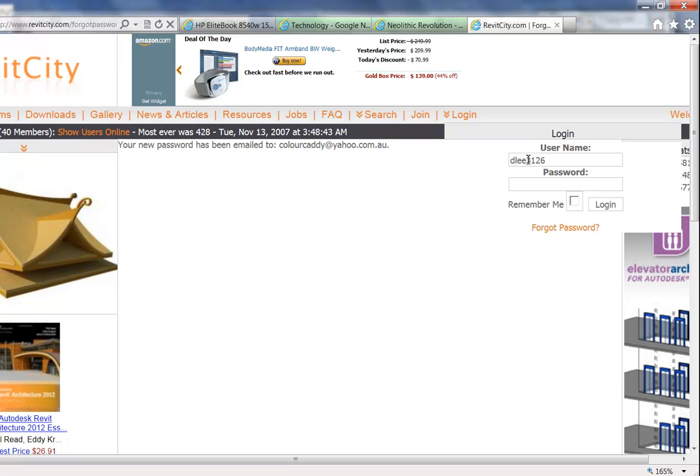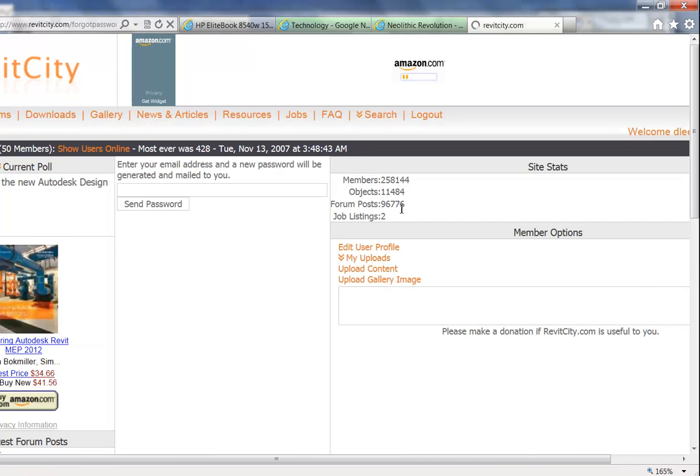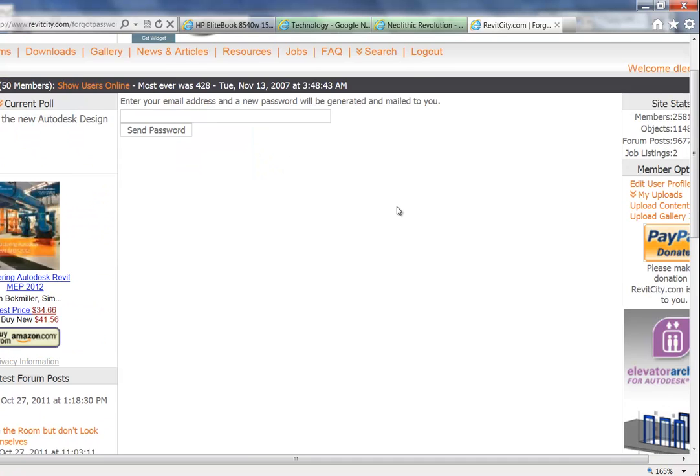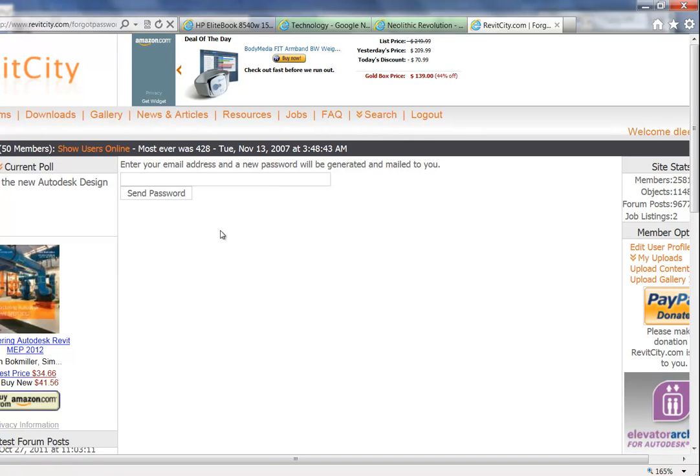Okay, it's the most security conscious password setup I've ever seen for a site that really doesn't need it. There we go. Okay, I think I'm in. It doesn't even tell me. Okay, so anyhow, if I go to downloads,